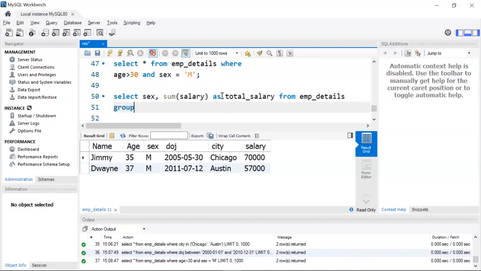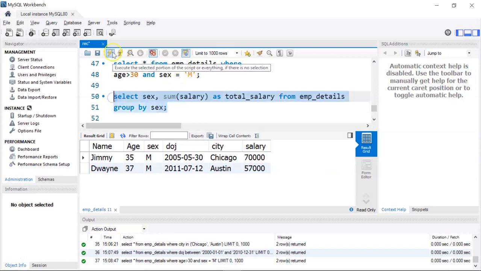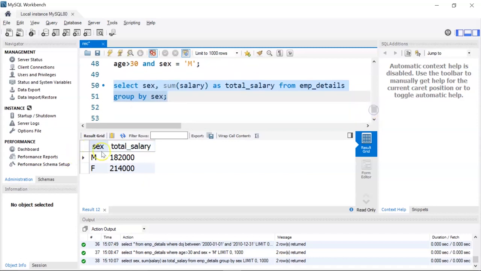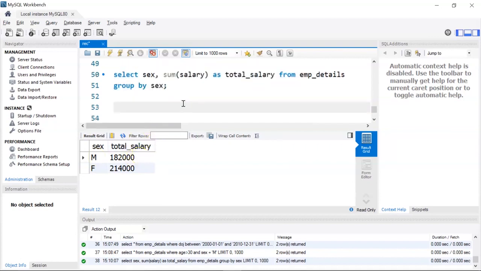Next, I'm going to group it by sex. Okay, let me run it. There you go. So we have two genders, male and female, and here you can see the total salary. So what this SQL statement did was, first it grouped all the employees based on the gender, and then it found the total salary.